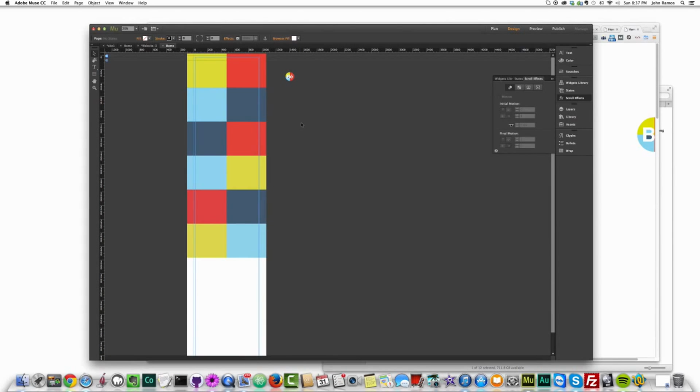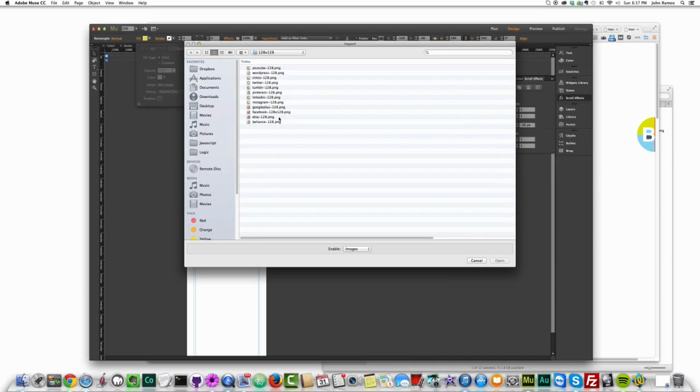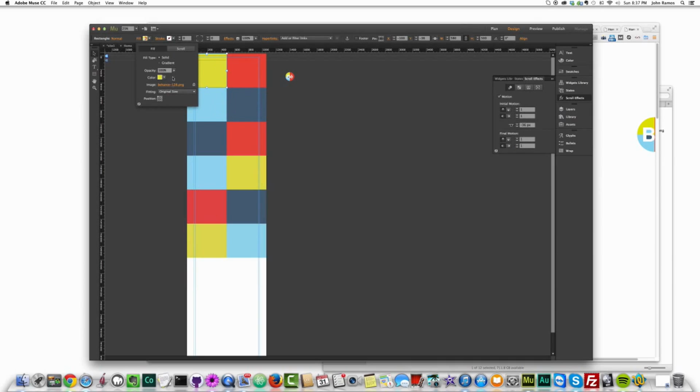Okay, so hopefully you've been following along and it all makes sense. If it doesn't, just ask me a question in the comments and I'll be happy to answer them. So now all I'm going to do is fill in these rectangles. I'm going to go to fill, add image, and then pick the icons that I want, and I leave them at the original size and just center them. Go to the next one, fill, add image, next one, fill, add image, next one, center it, fill, add image,